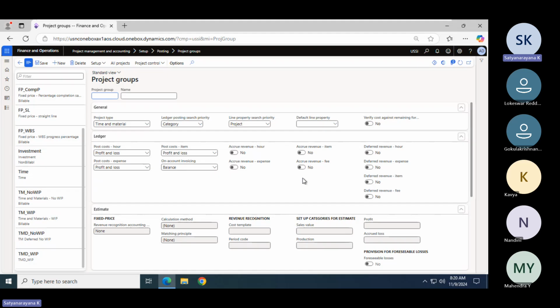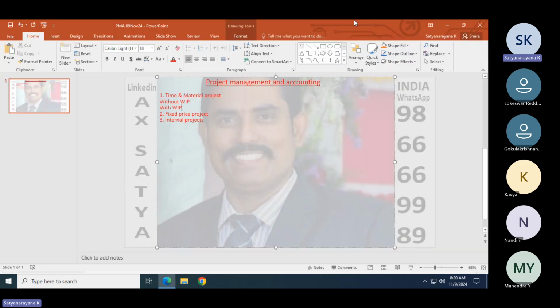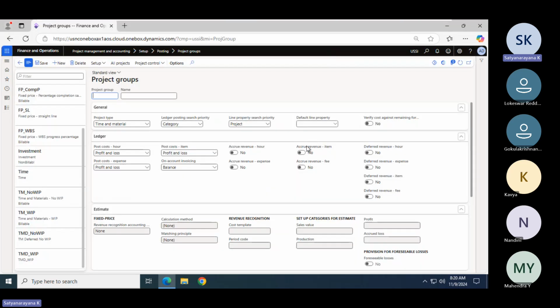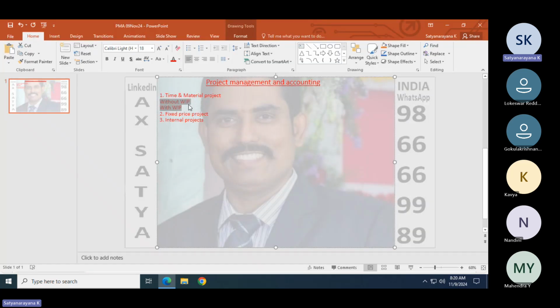If you are not enabling them, then it is without WIP. With WIP means accrue revenue hour, accrue revenue item, accrue revenue expense, accrue revenue fee. These are all WIP entries. I will explain what that is: work in progress. That is WIP.